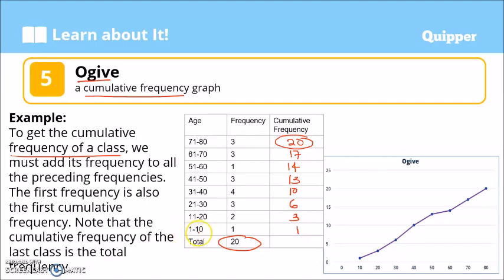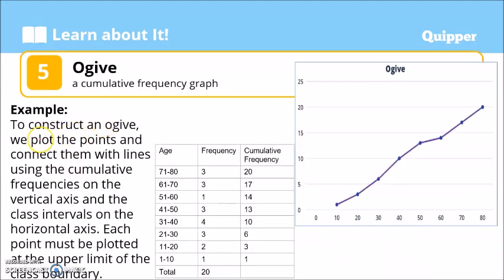The 1 is the lower limit, 10 is the upper limit. So, 10 ang isusulat. Ito naman, 11 to 20, 20 na. 21 to 30, that's 30. Okay? And so, we have here, we plot the points and connect them with lines using the cumulative frequencies on